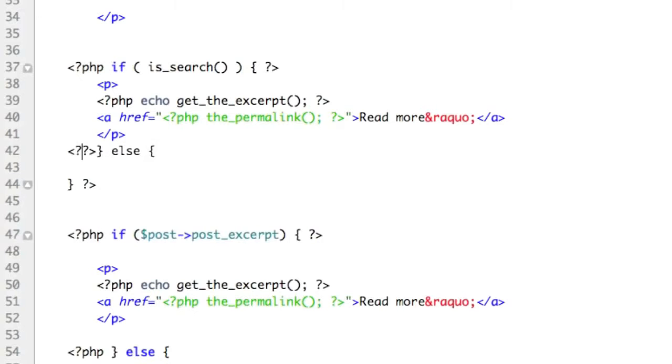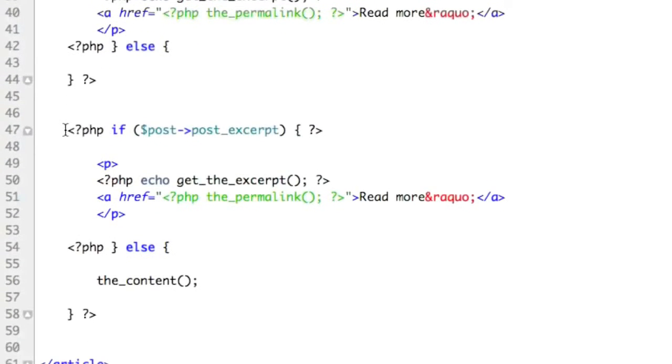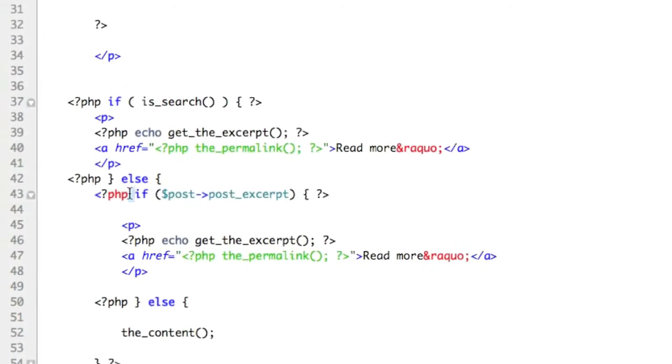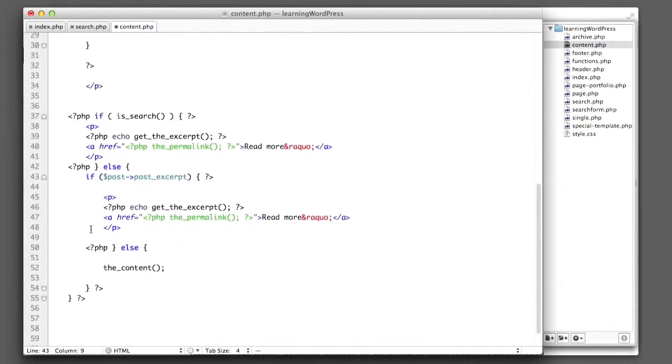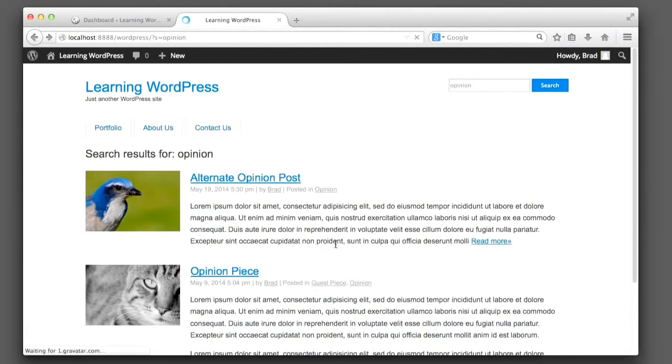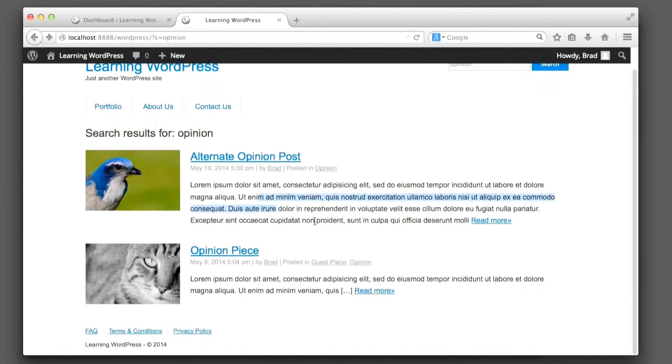Drop out of PHP and then back into PHP here. And then this entire logic that decides between the excerpt or the full content when we're on the home page can go in these brackets. So we'll just copy and paste this here. And then obviously we don't need to drop into PHP again, and then we don't need to drop out of it again. Okay, so now if we refresh, we can see that the search results page is always only showing